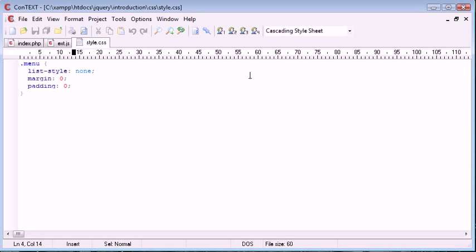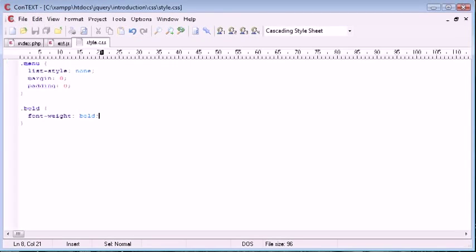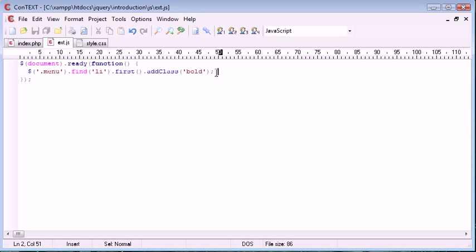And inside style.css we can go ahead and create that class, and that will be font-weight, oh sorry, not null, bold. So now when we refresh you can see that the first element is bold. And now what we could go ahead and do is say,